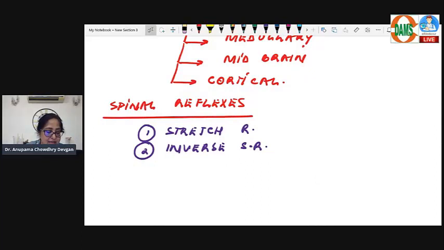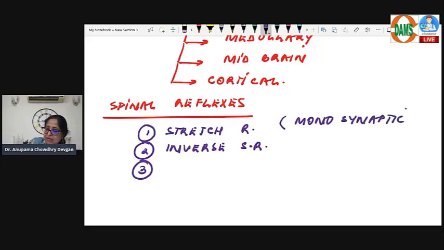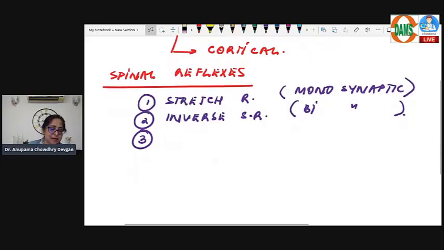The stretch reflex is a monosynaptic spinal reflex, and the inverse stretch reflex was a bisynaptic reflex. Then there is another spinal reflex, which is polysynaptic,